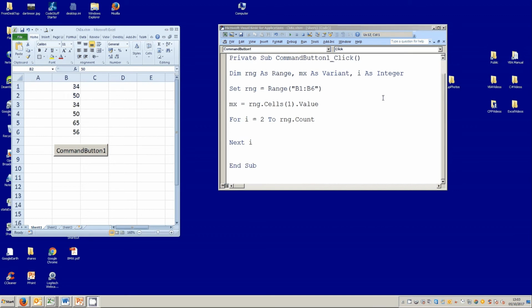So I'm going to need an if statement in here if I find something that's bigger. So if RNG.Cells(I), which is relative to this particular range, so it's cells 1, 2, 3, 4, 5, 6 relative to that particular range. So that's my range, and this is the cells relative to that. So Cells(I).Value, which we could leave the value out because it's a default property, but if it's greater than mx, then we've got to decide to do something. Well, before I do anything, I'm going to have an End If,